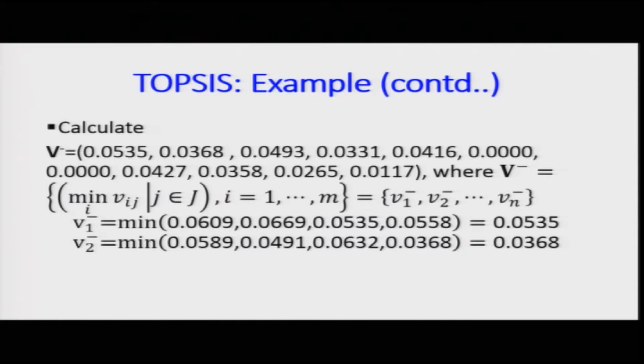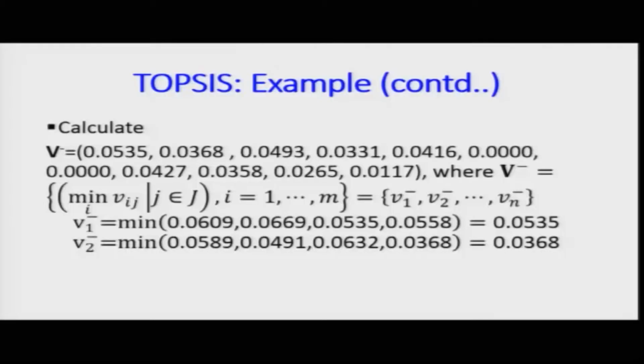Again I am repeating, that was the multiplication of the R matrix with the columns of the W matrix, corresponding to the fact that R was the normalized values accruing from each and every criteria to each and every alternative, point 1, and point number 2 was that the weights gave us the level of importance among the criteria themselves. So, once you have this, the V values are given which are minimum.